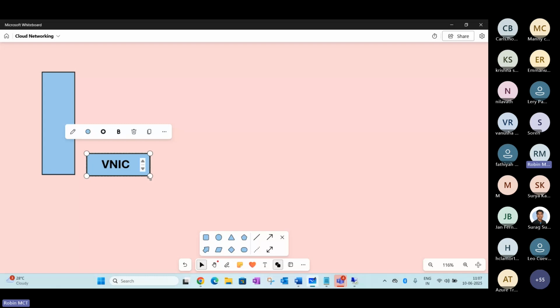These are the numbers you can see on the cloud side. The maximum number of network interface cards supported, and you can refer to this link for the details here. In case someone wants to see what size is supported here, you can bookmark this link also. This is a Microsoft Learn link. You can bookmark it here, and these are the few points you can see here.